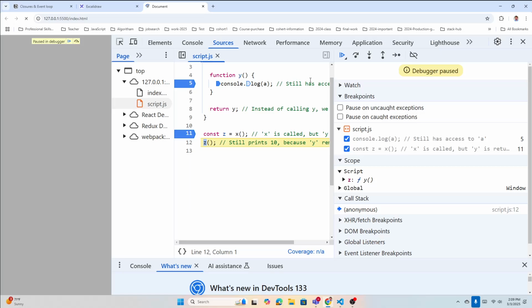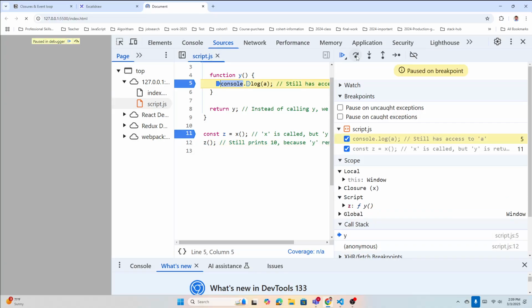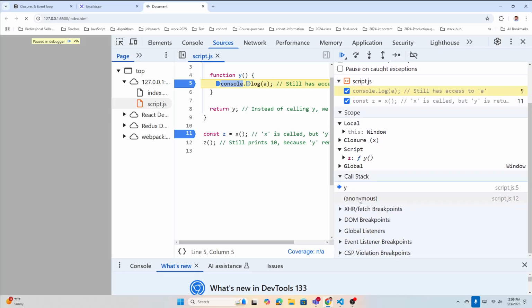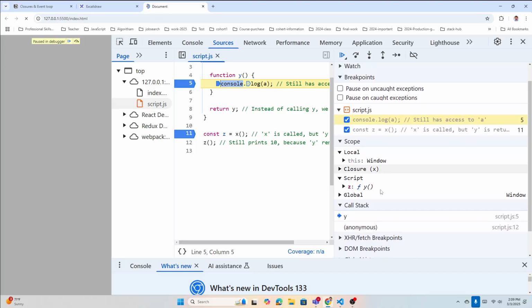Because our goal is to understand the scope and closure, just to check the closure, okay? How this A is now inside this Z function, okay? So click one more time and now we try to print A, console log A. Look here, pay attention now. We are executing the Y function, okay? Y function, right? So now in this global execution, we have Y already entered inside the call stack, and now